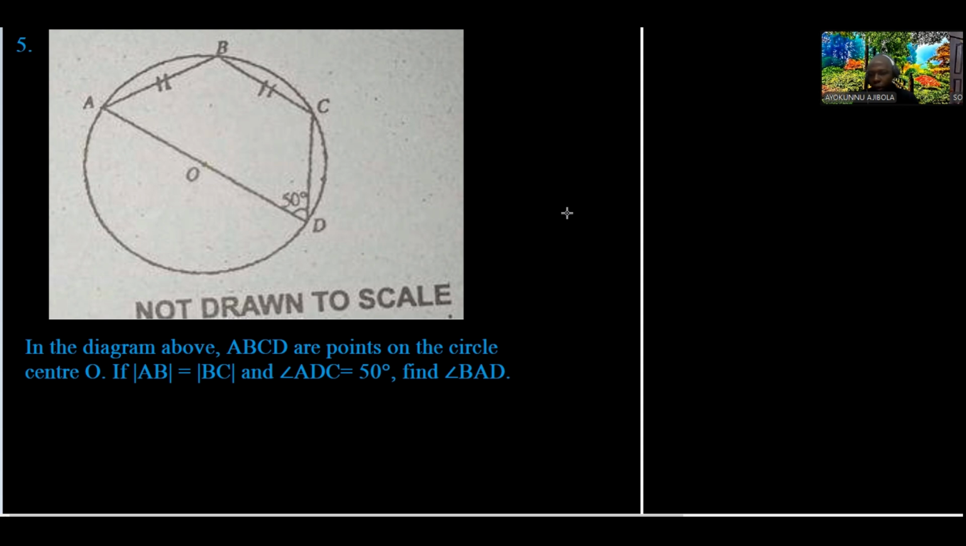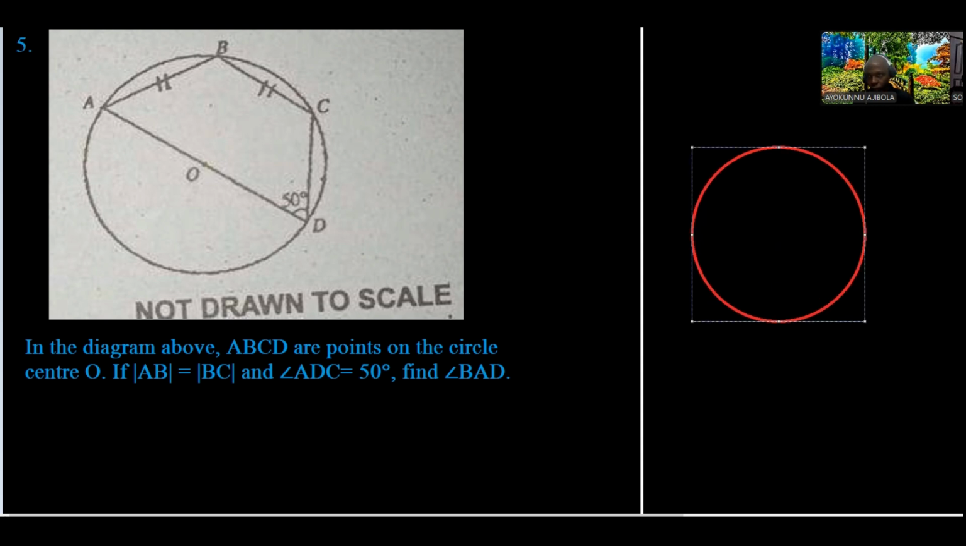In the diagram above, which is not drawn to scale, A, B, C, D are points on a circle with center O. Take note of something. We have been using the principle that has to do with cyclic quadrilateral, right? Yes, sir. If I draw a circle here and I put a quadrilateral inside,